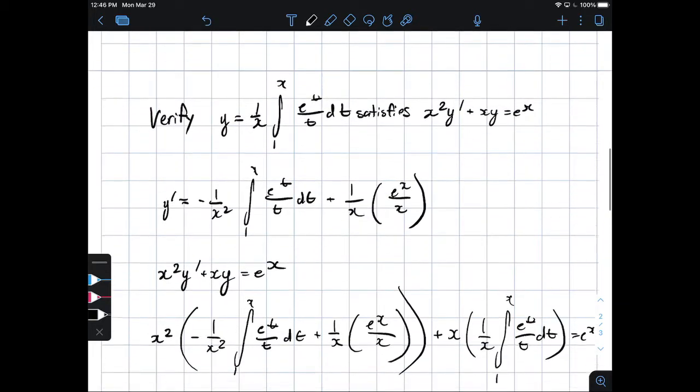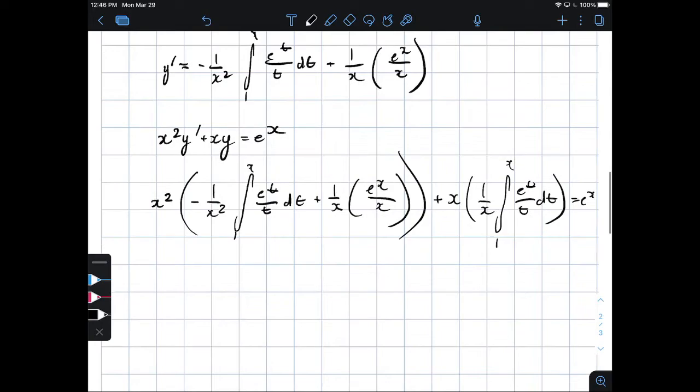There we go. Okay, that was a mouthful, but this is intimidating, but it's actually some easy simplification. So if we were to distribute this x squared here to here, it just nicely cancels. So we're just going to be left with the negative integral from 1 to x, e to the t over t dt. Now, if we were going to distribute to the other side,